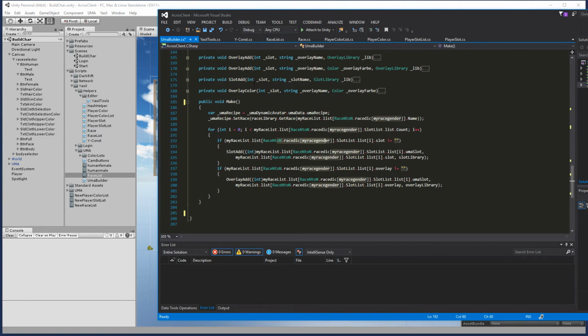We already know we need an int, we need the string of the slot name, and we need the slot library. And so the int is easy to get. It's on our UMA slot,